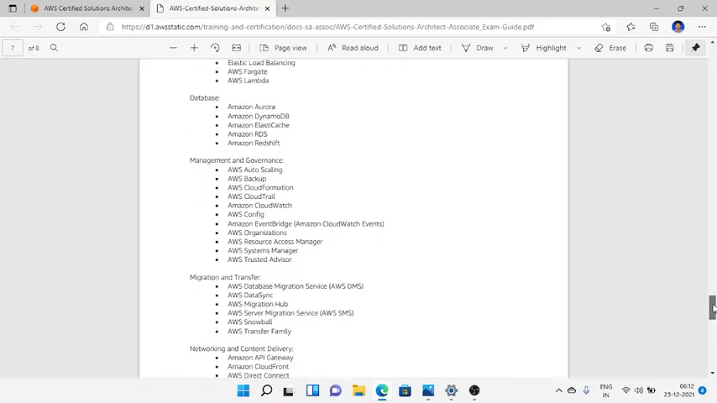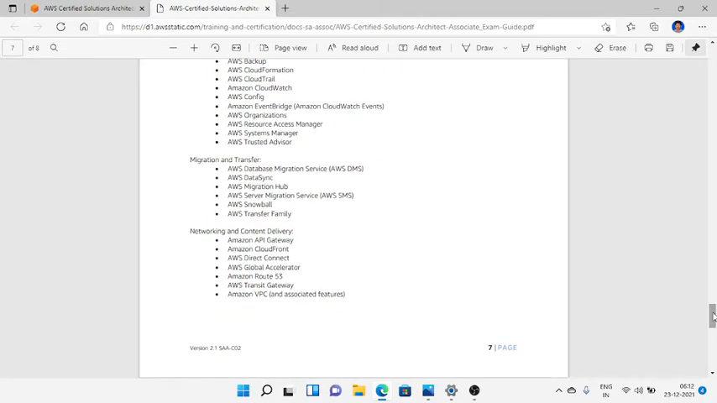Then comes the migration and transfer services. Then AWS Snowball, AWS Transfer Family. Then networking and content delivery, that is AWS API Gateway, AWS CloudFront, AWS Direct Connect, AWS Global Accelerator, AWS Route 53, AWS Transit Gateway, AWS VPC,